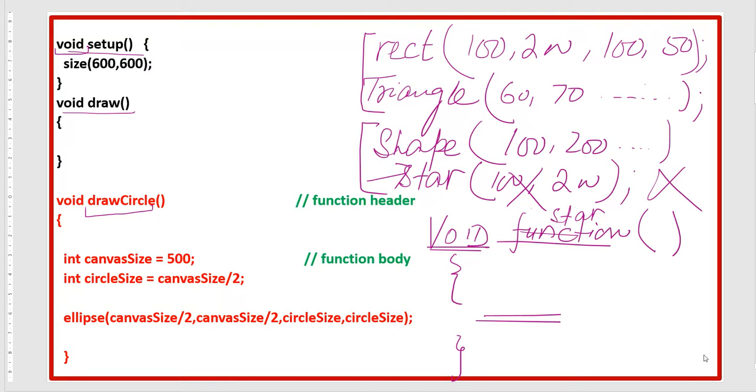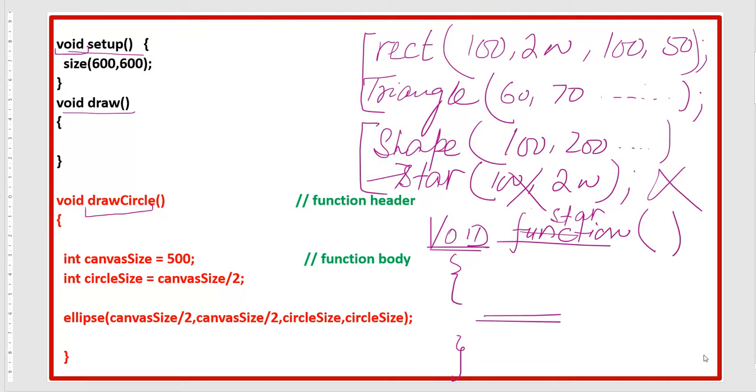Here I have made some scenarios: int canvasSize is 500, right? These are variables that I have declared and initialized in my own function. So these are called local variables. Only this block can see these variables. Then int circleSize is equal to canvasSize divided by 2.